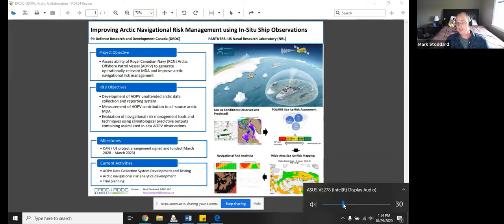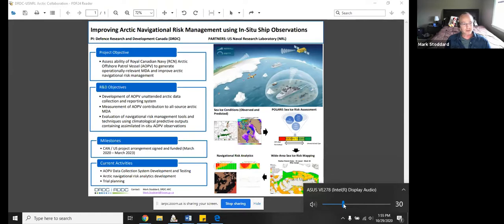So these ships are relatively new to the Navy, so they're going to have to build a lot of experience of operating long duration missions in the Arctic. So this would be transits over very wide areas where they may encounter widely varying ice conditions, answering how do they manage navigational risk? How do they produce accurate estimated times of arrival for efficiency of movement? How do they forecast fuel consumption based on expected ice conditions? All of this trying to add a bit of rigor and analytics to the decision-making processes to do this.